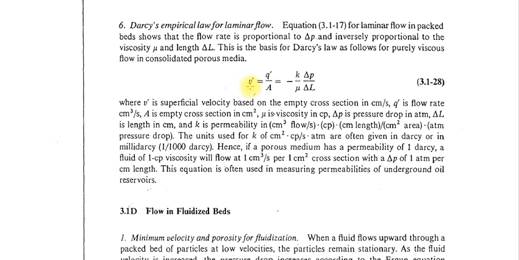So if the flow is in the laminar region and very slow, then the flow rate is very small, and the superficial velocity v dash is proportional to the pressure drop per unit length of the column. So v dash is proportional to delta p by delta L, and when you remove the proportionality sign, a constant will come,